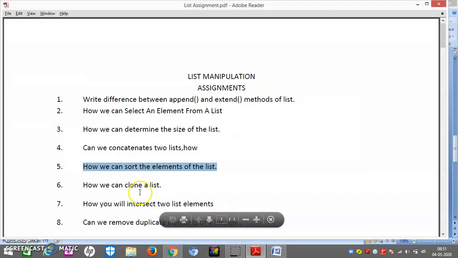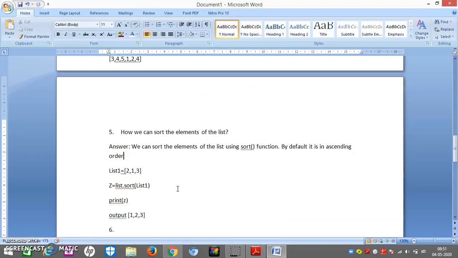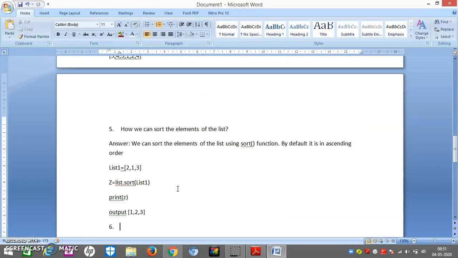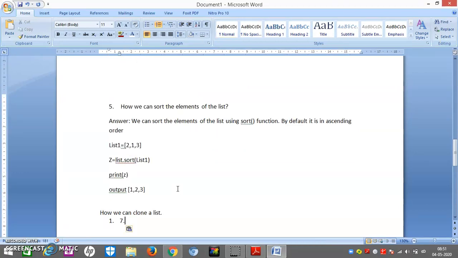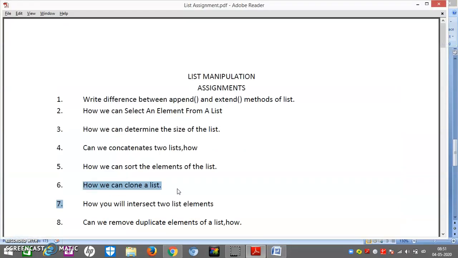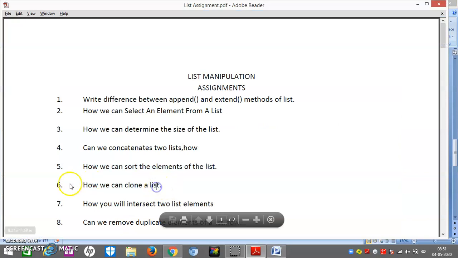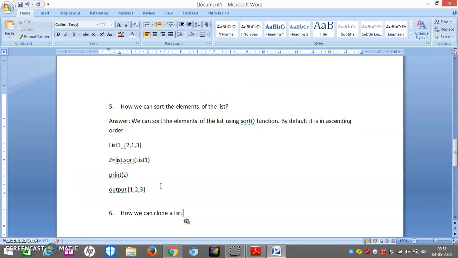Now the next question is new for you, which is, how do we clone a list? Now what do you mean by cloning? Cloning means we have to copy as it is. We have to make a copy. Cloning means we have to make a copy. So how to copy a list into a new list? This is a very simple method. All this we are studying as a function.